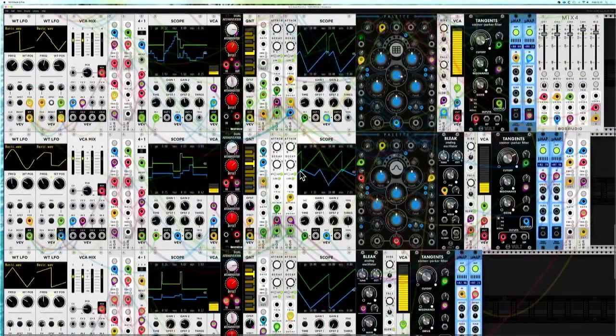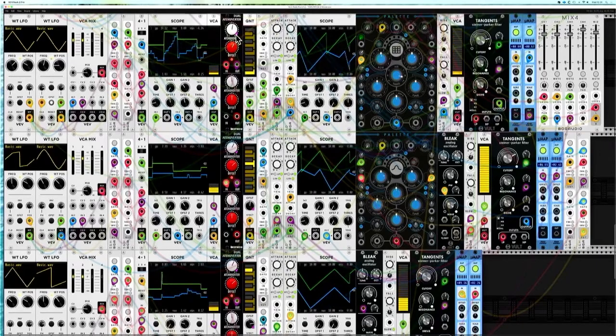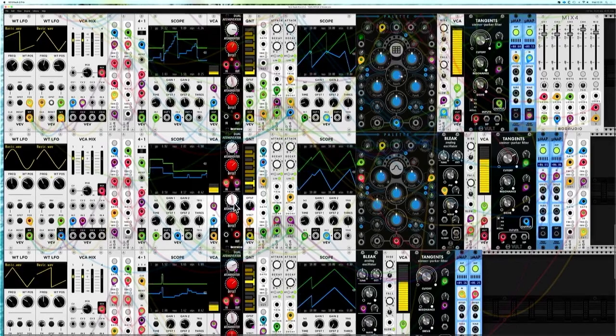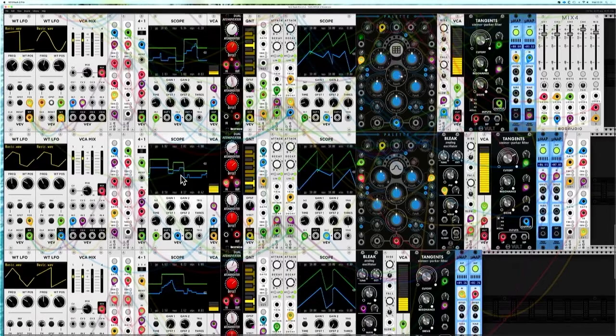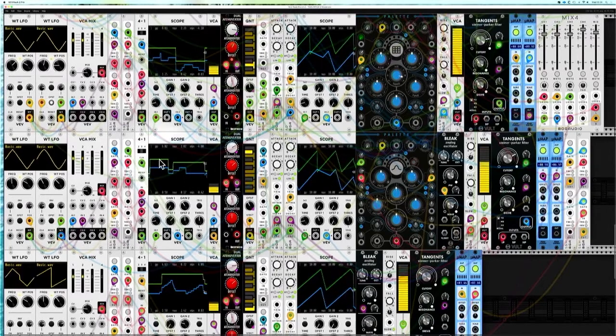For this patch, I've taken what I did at the end of the last video and I've added a bit more modulation. You see that the attenuverters are now being modulated, and the effect of that is to generate more pitches. The pitch information is coming from a very slow envelope,